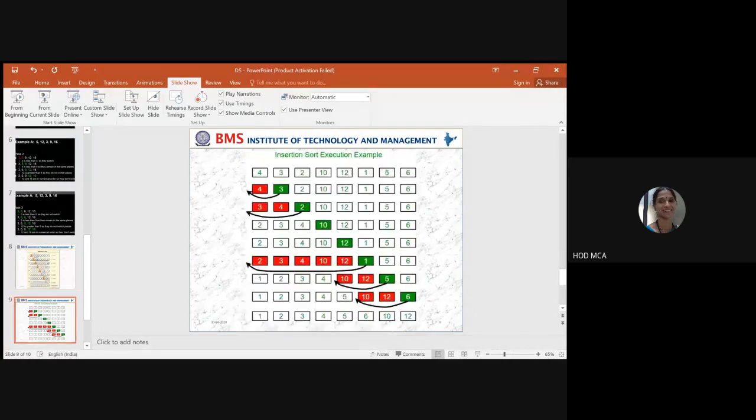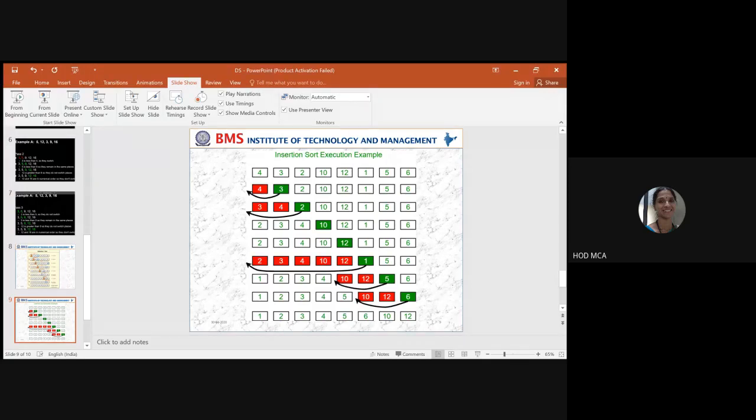That is why. Next is insertion sort. How do you do it? You start by comparing the second element with the first, and then you try to push the element into its correct position. So 3, I compare it with 4. 3 is smaller than 4, so I'll swap 3 and 4.